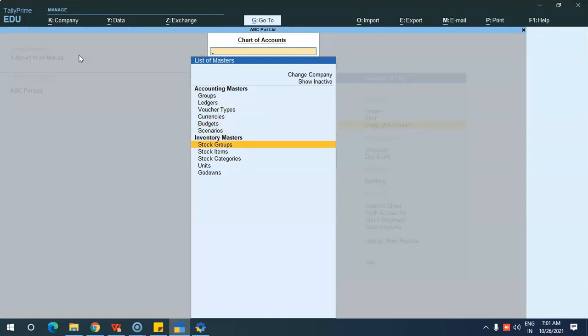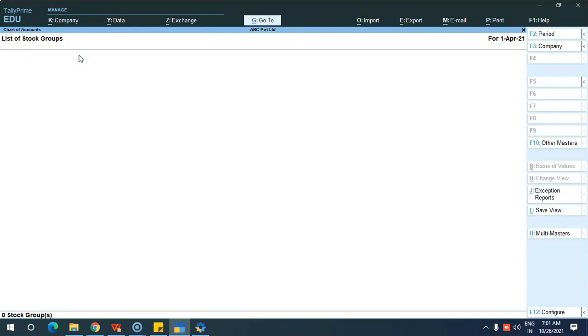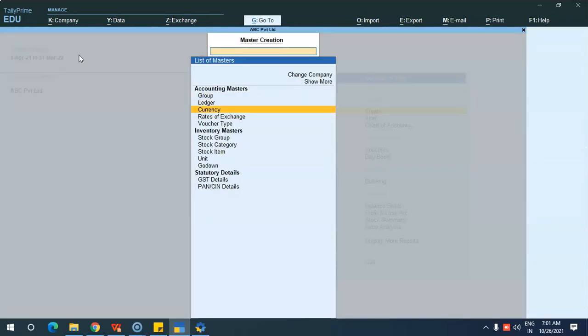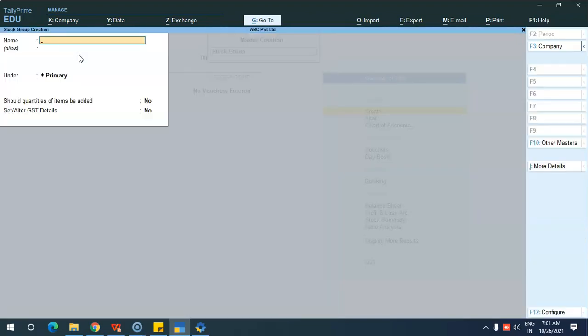Coming to the inventory masters, you will be creating stock groups. Go to create, click on stock group under inventory. For example, if I want to create a combined computer accessories group, if I'm dealing with purchasing and selling of monitors, keyboards, mouses, all those are computer accessories. Those stock items having a similar nature, I can group in one group.